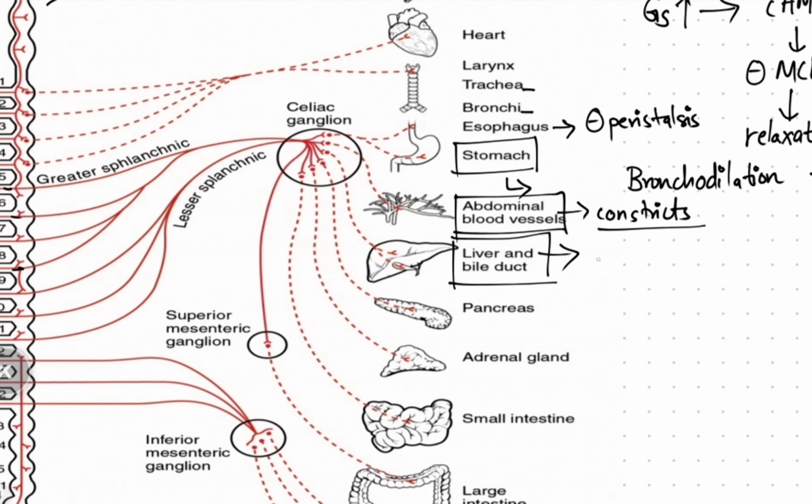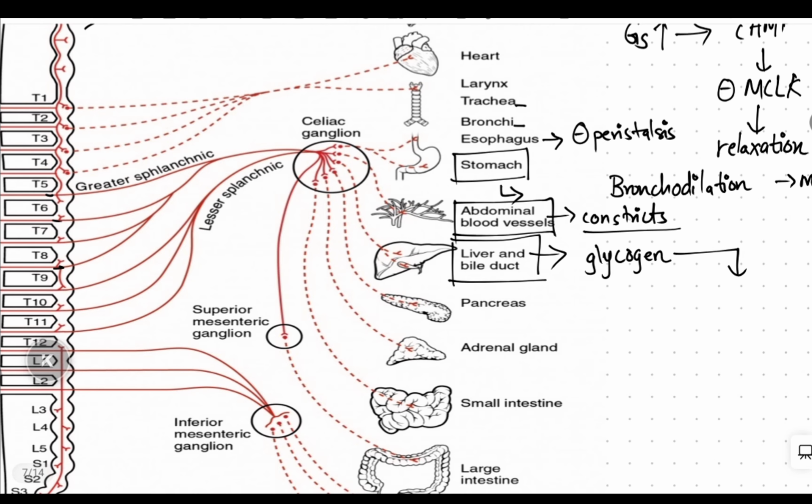Glucose is formed and stored in the form of glycogen in the liver, and we need the glucose level to rise for meeting the energy demand during the stress condition. So what occurs is that there is breakdown of glycogen. What do we call the process of breaking down of glycogen? We call it glycogenolysis. Glycogen is broken down by glycogenolysis to release more glucose to meet the energy demand during